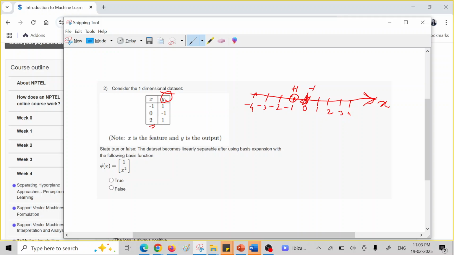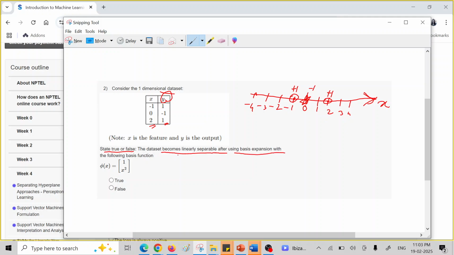If the data point is 2, the class label for this data point is +1. So the circles are representing the positive data points, whereas the star is representing the negative data points. Now the question is, true or false: the data set becomes linearly separable